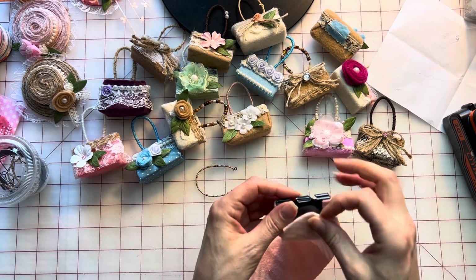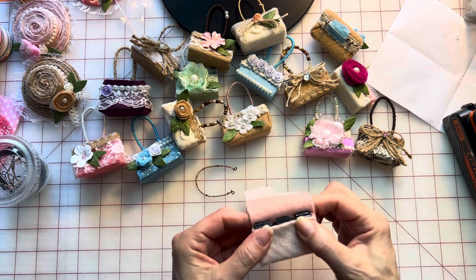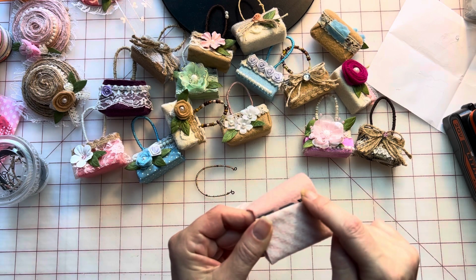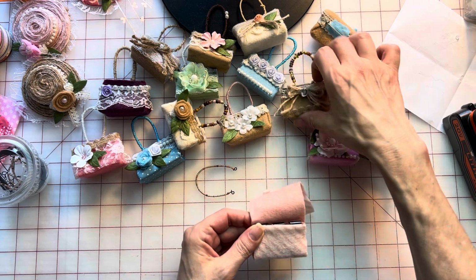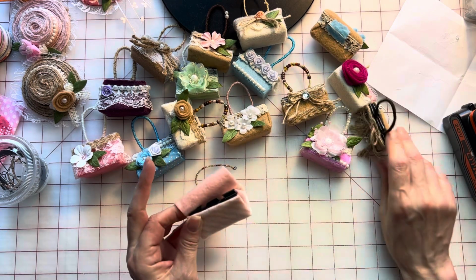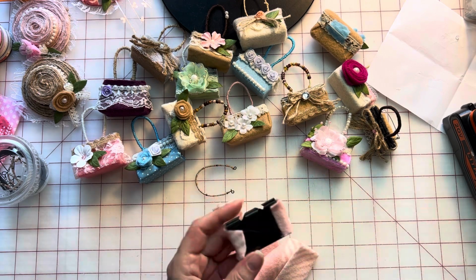Okay, so what I'm going to do now is take a piece of my felt fabric and bring it up right along to the top here. With these, you're still going to see the binder and the clip, because you wouldn't be able to put in your handle. Okay, so once I have this side covered,